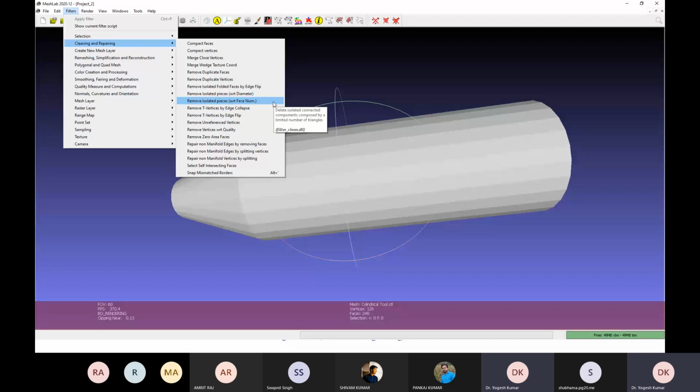So these are a lot of options for cleaning and repairing your STL file.